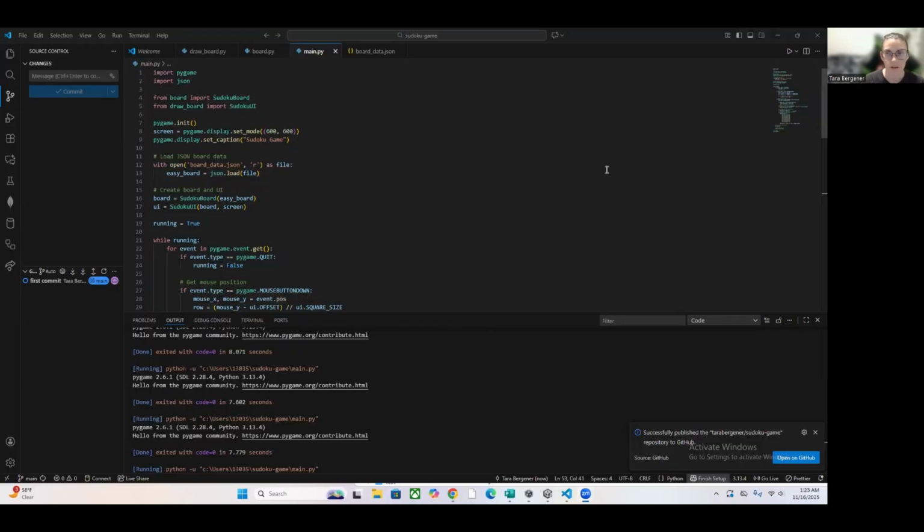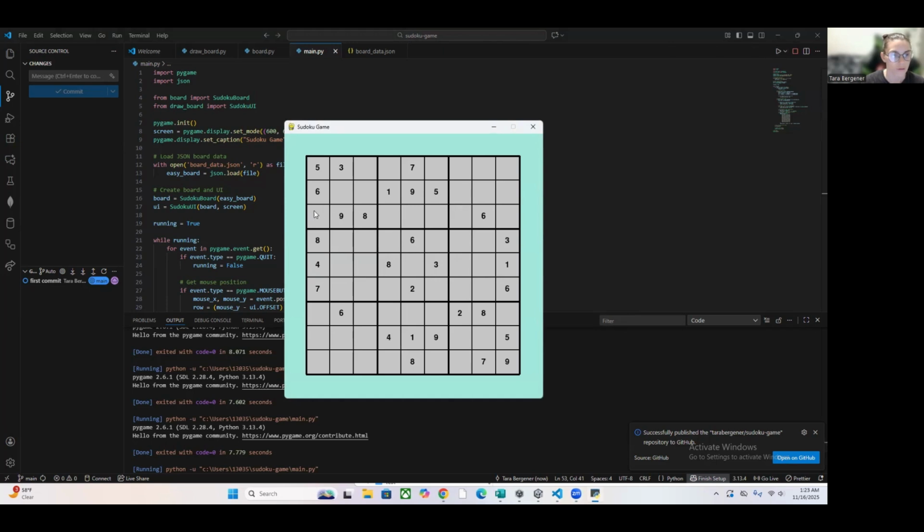My name is Tara Bergener, and this is my Sudoku game. I spent a lot of time trying to create this on Unity, and it just didn't work. So I had to kind of pivot and decided to use pygame instead, which I found much easier to understand. So as far as timing, I didn't have a ton of time because I spent so much time trying to